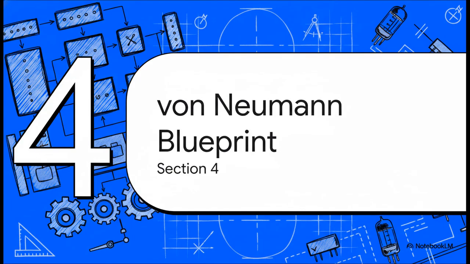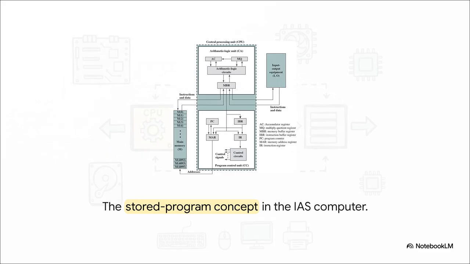Section 4. The von Neumann blueprints. Okay, so now that we've zoomed all the way into microscopic billions of transistors, let's do a little narrative timeline twist. How on earth did we originally figure out this structural arrangement in the first place, long before microchips even existed? Meet the grandfather of all modern systems, the IAS computer, designed at the Princeton Institute for Advanced Studies starting